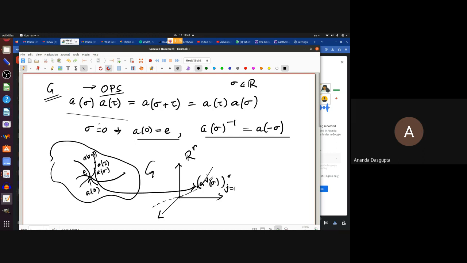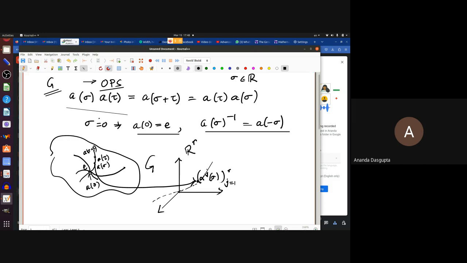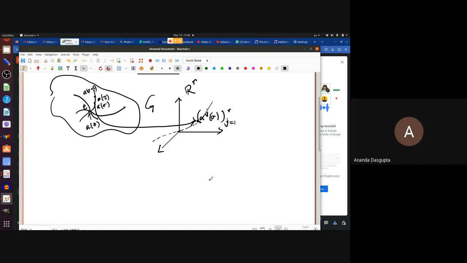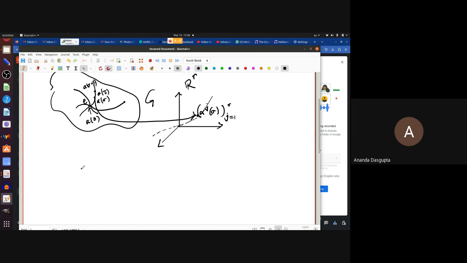So the job that we undertook in the last class was basically to figure out what kind of equation alpha j sigma would obey. And we started with the statement that A of sigma plus tau is A sigma times A tau,